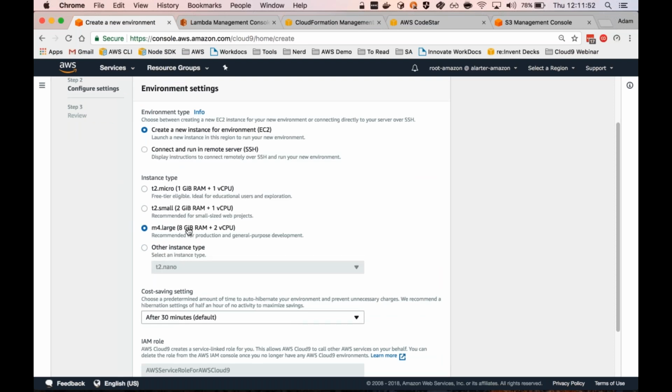If I'm doing a lot of machine learning or a lot of compiling, I might need to have multiple CPUs on the instance. If I'm doing a lot of network activity, I might need to make sure I've got a high throughput instance type. You can check the EC2 documentation to work out the best instance type for your particular workload. In this case, I'm just going to use an M4 large with 8 gig of RAM and 2